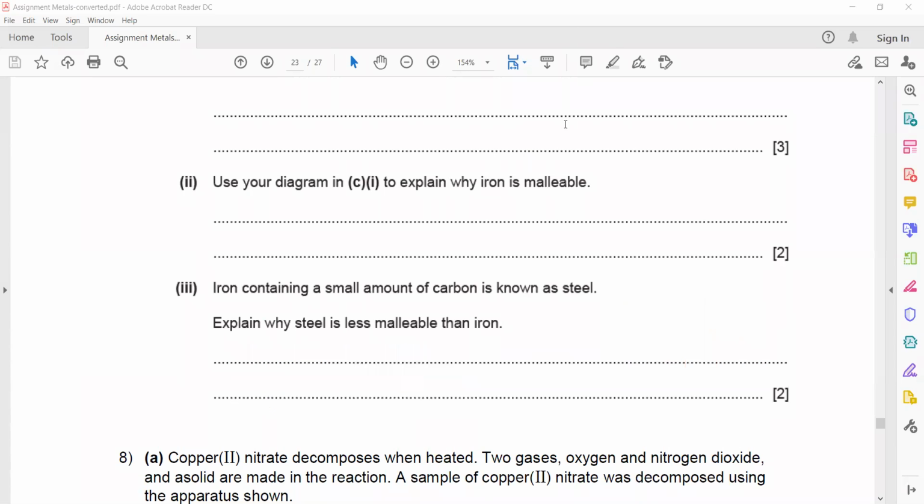Okay, so this was extraction of iron. But still, there are topics on how you can convert iron into steel that we'll discuss next week. Any question related to this extraction?